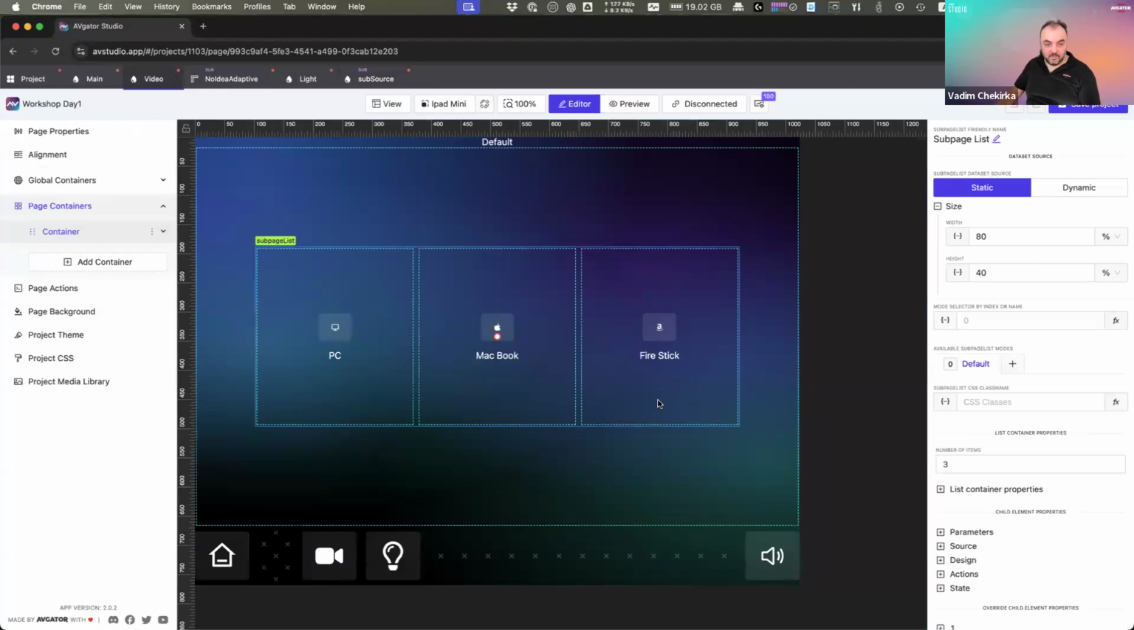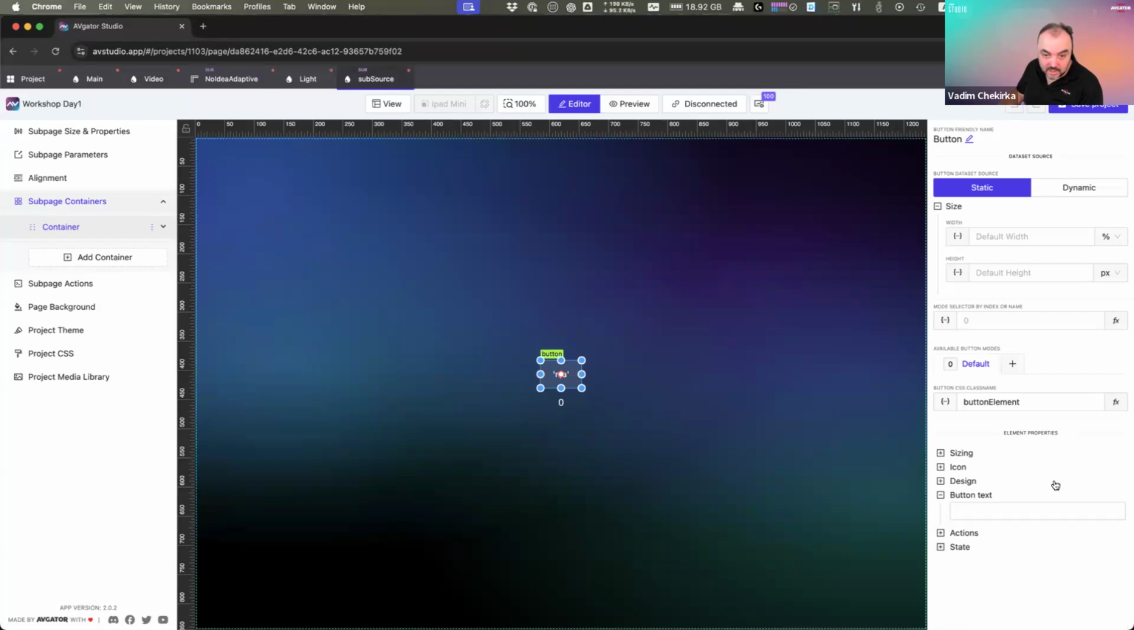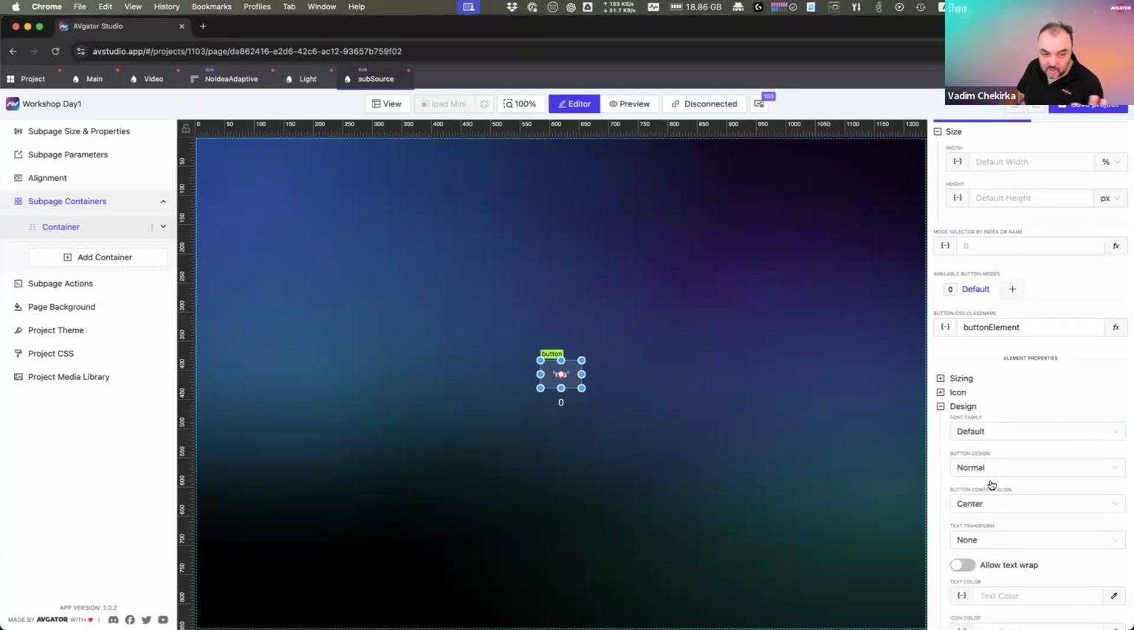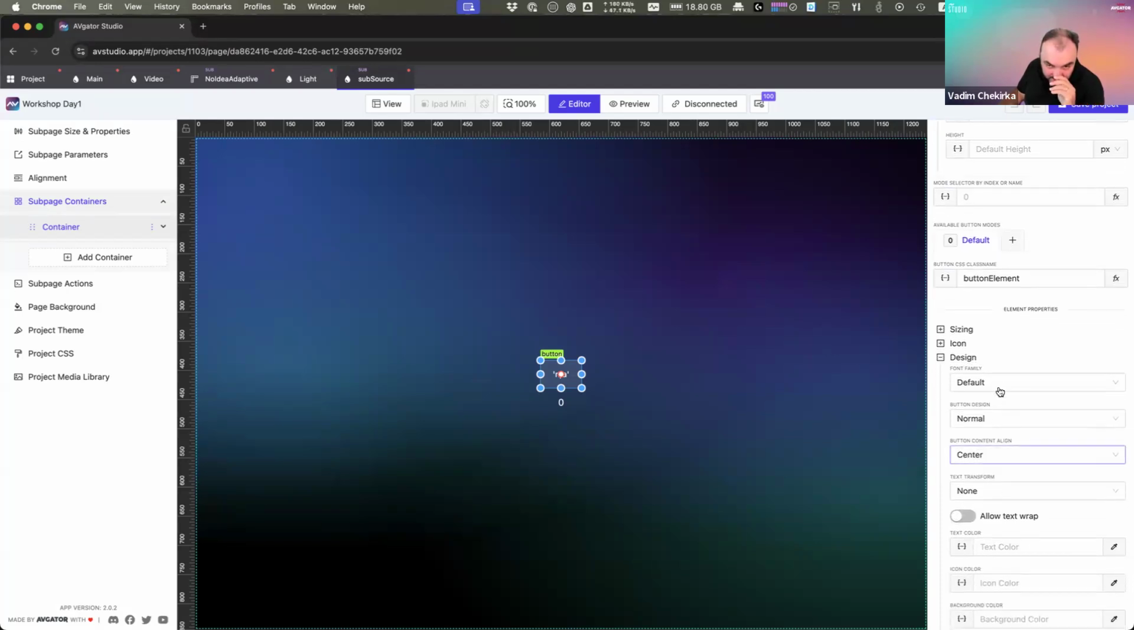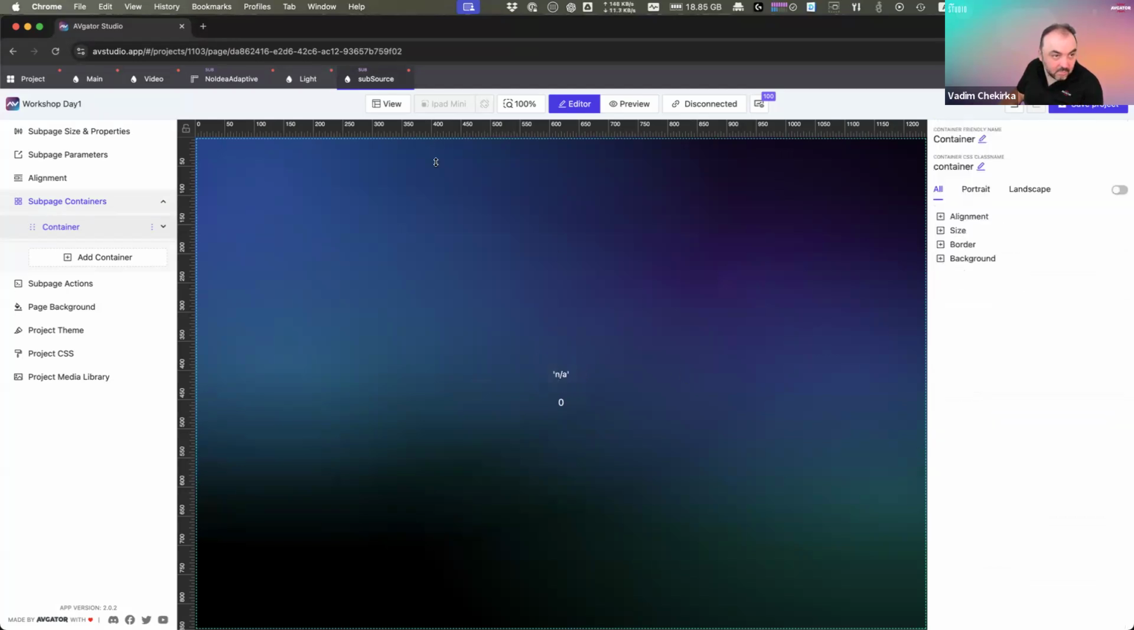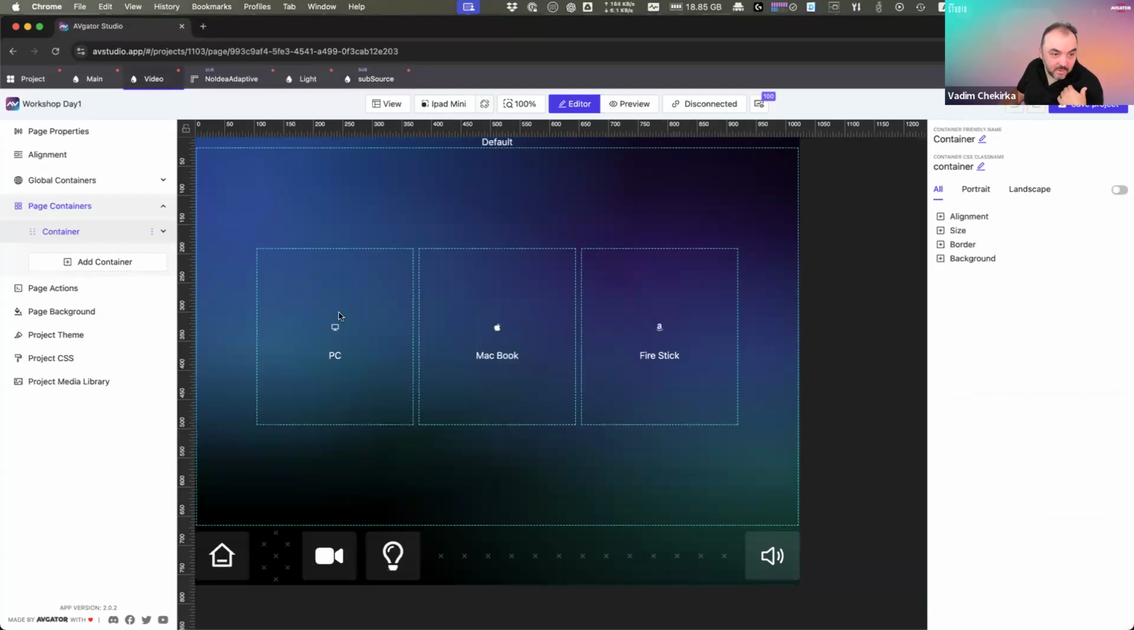Okay, so for me it looks a little bit better, but it's still not enough because the icon size is too small. Okay, let's change the icon size. About the design, maybe it makes sense to remove the button style altogether, and it's going to be a ghost. So yeah, for me it looks much better, but we need to